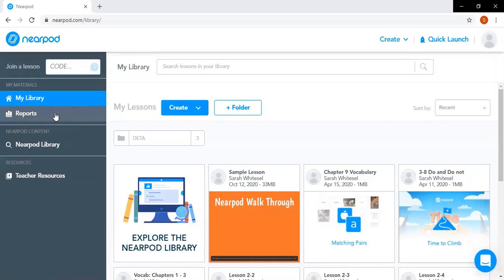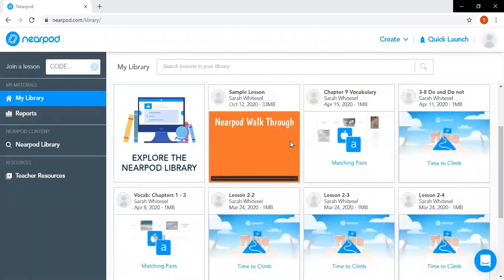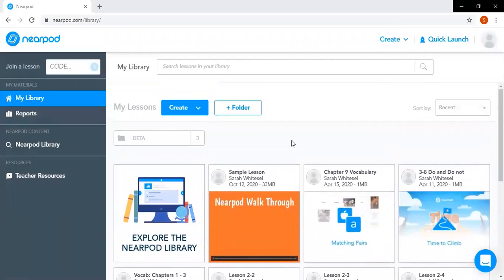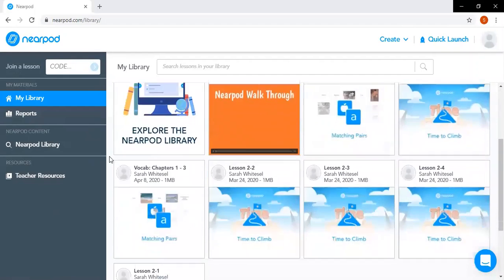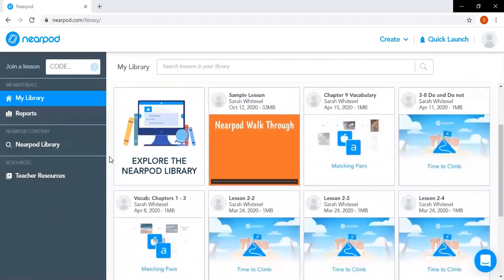What you're seeing right now is Nearpod's dashboard. From the dashboard, you can begin creating materials, access materials you have already created, or by using the menu on the left-hand side of the screen, you can access your reports or take advantage of Nearpod's large library of free resources. Right away, you can see that I've already created some Nearpod activities, but what does it look like to